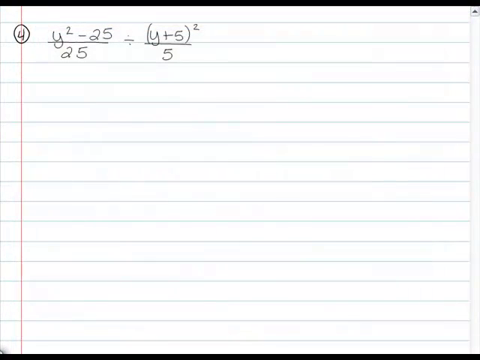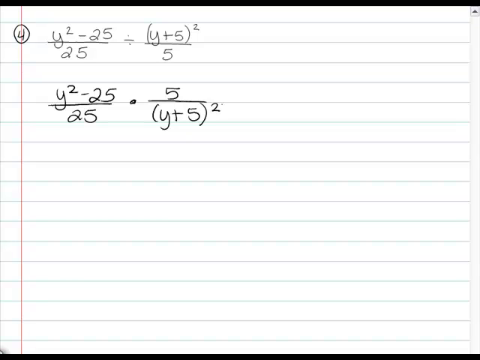So for our fourth example here, we've got y squared minus 25 over 25 divided by y plus 5 squared over 5. So again, it's a division problem, so the first thing we need to do is keep, change, flip. So we're going to keep our first fraction just the way it is. We're going to change to multiplication, and then we're going to flip our second fraction. And now we got to factor. So again, y squared minus 25 is a difference of squares. You'll get real used to those. We really like difference of squares. So that's going to factor into y plus 5 and y minus 5